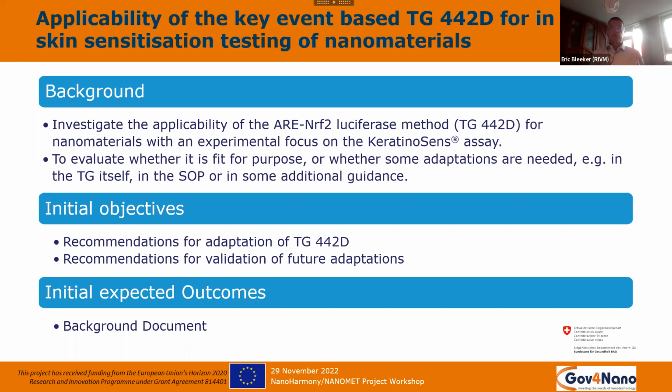And the initial objectives focused on the recommendations for adaptation of the specific test guideline, and also validation of future adaptations of related test guidelines, which are all in the same ALP. So all test guidelines 442 series focus on the same ALP. So maybe there's some further work there to be done, but for now there's a background document compiled,